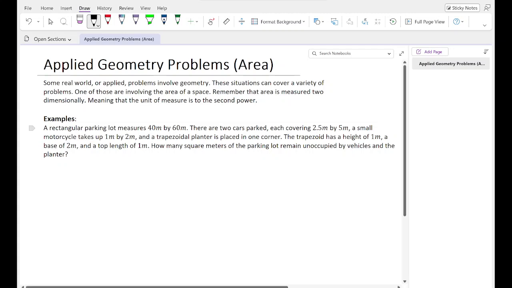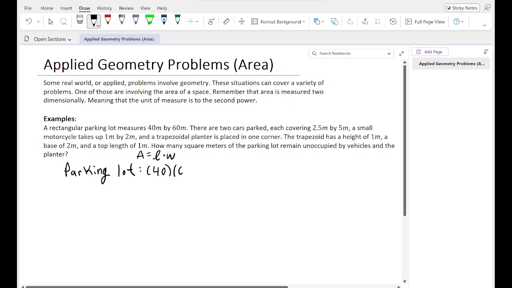First off, let's just find out the total area of the parking lot, the entire thing, which is right here, 40 meters by 60 meters. So let's go with the parking lot. And the parking lot, since it is a rectangle, it should be area equals length times width. So that's the formula there. So it's going to be